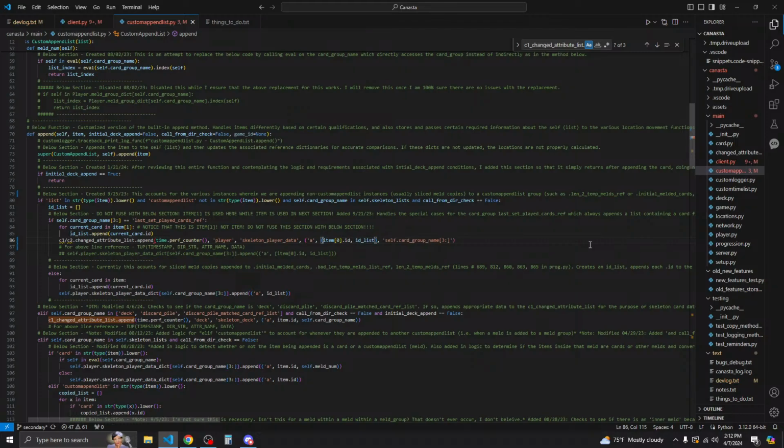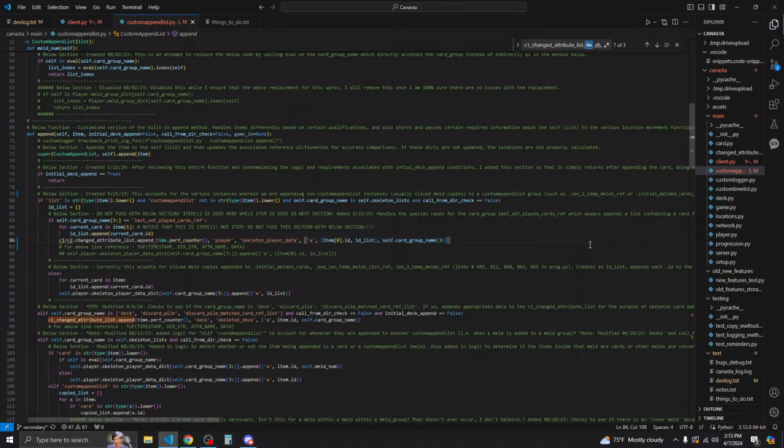So we have a tuple consisting of item 0 ID and then ID list. Whatever item at 0 is, we still have to figure that out. And then we have another element, which is the self. Oh, that's not supposed to be in the string. That is a string, so we don't have to put quotations around it.